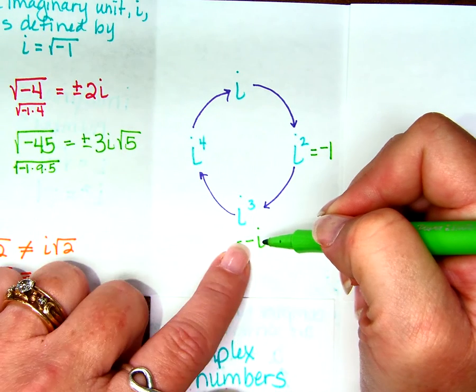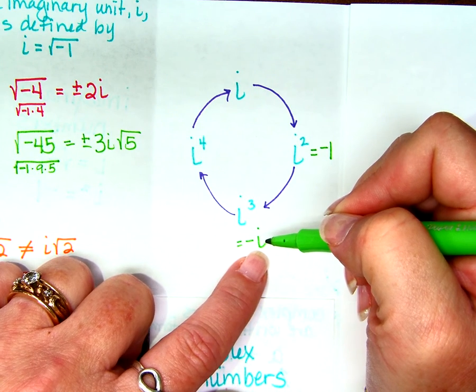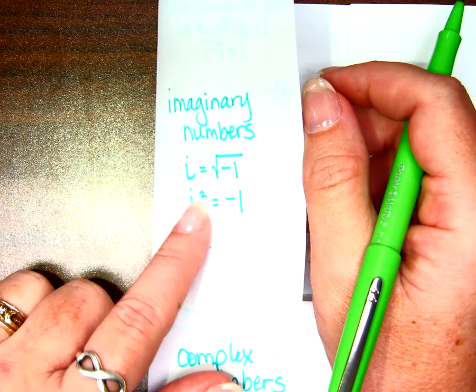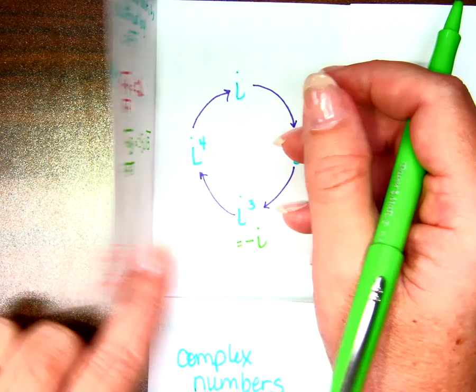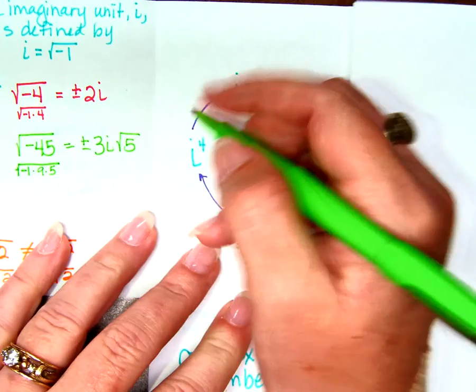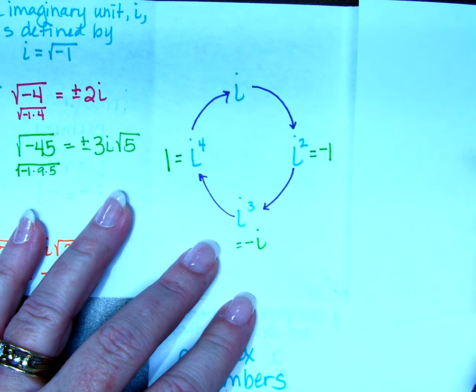So what if I multiply negative i by i? Negative i squared, right? Except I know that i squared equals negative 1. So that's negative 1. So here's what I want you to understand. If I take i to the fourth,